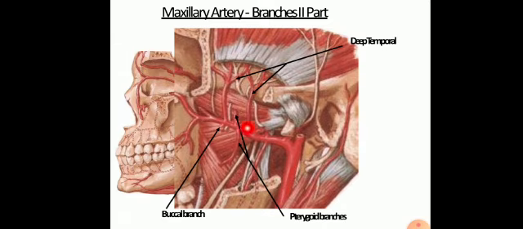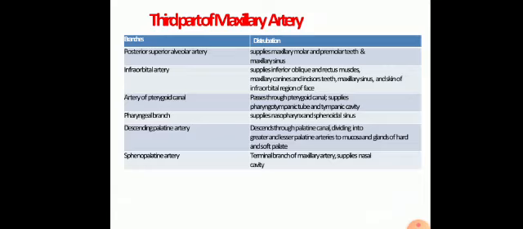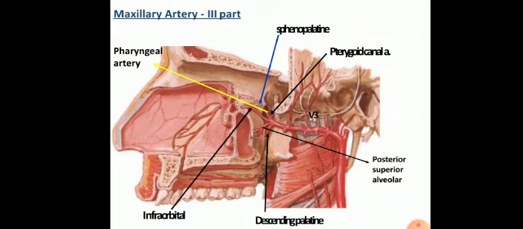Here, the arteries which pass to supply the muscles of mastication: temporalis, buccinator, medial and lateral pterygoid muscles. The third part of the maxillary artery gives rise to 6 arteries, which are